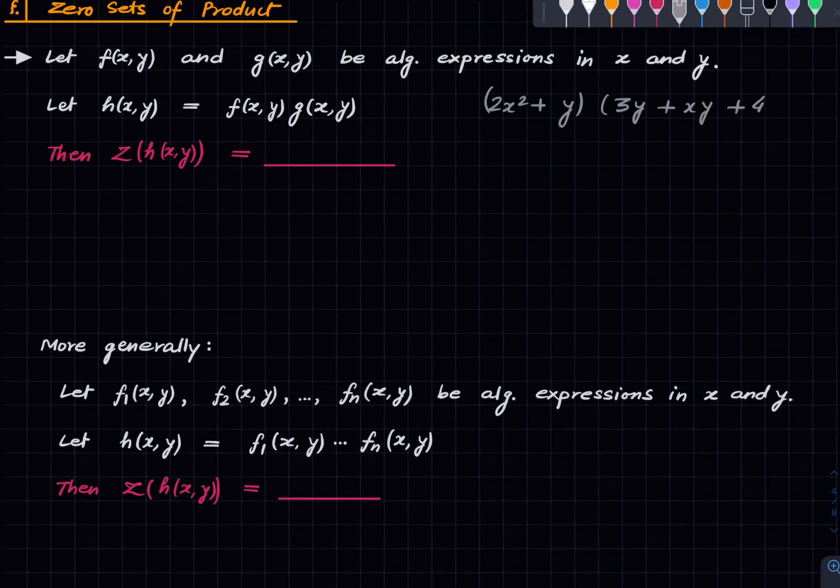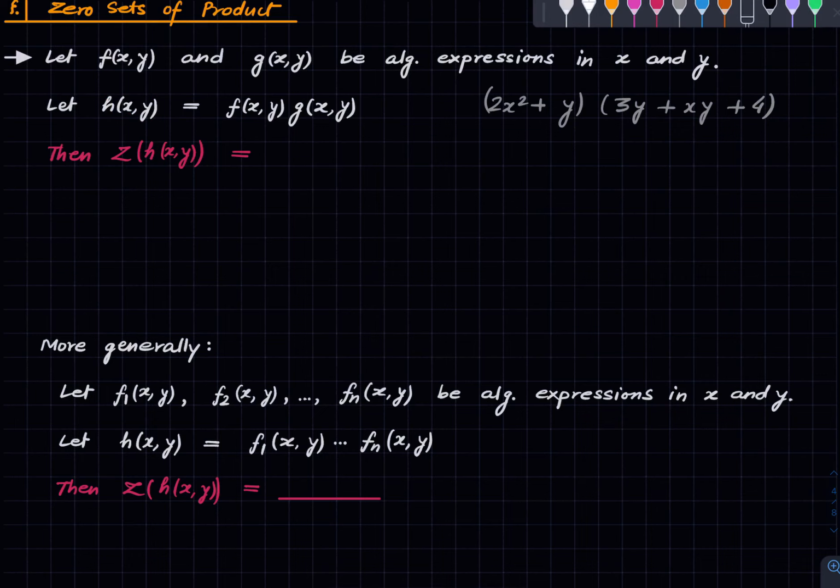Something, I'm just writing some random thing. Of course, you can multiply by opening the bracket like we do in primary school. So that's the kind of thing that is meant by h(x, y). So then the 0 set of h(x, y), well, we have already defined the 0 sets. The product of two algebraic expressions is again an algebraic expression. So the 0 set of h(x, y) is now a well-defined thing, but what we want to say